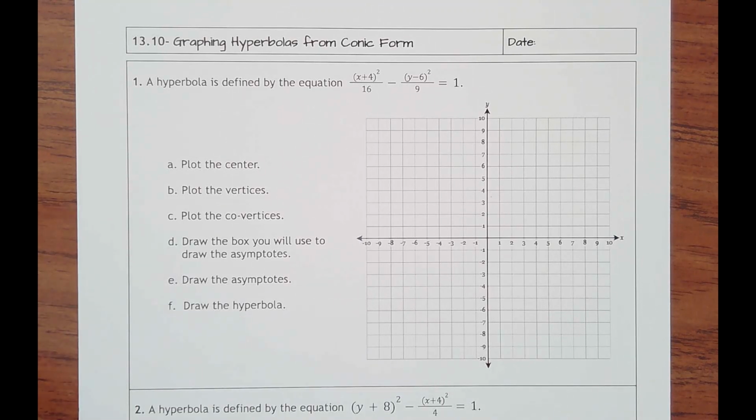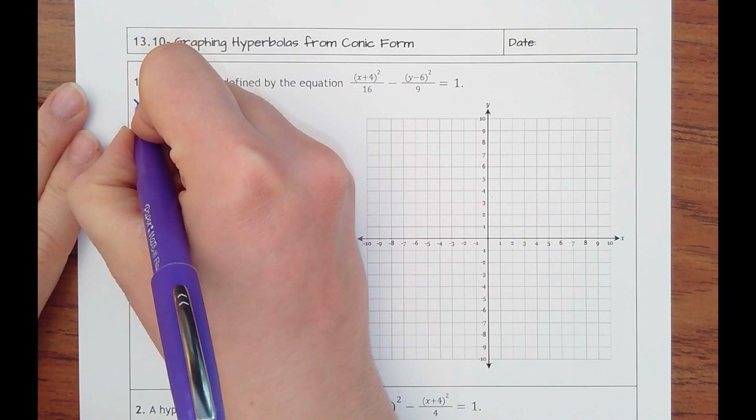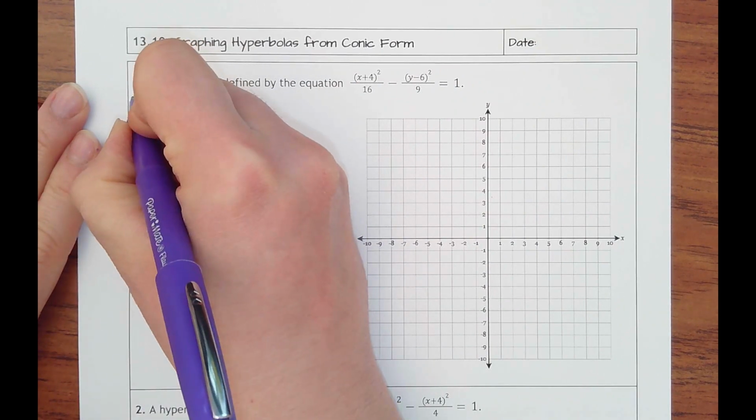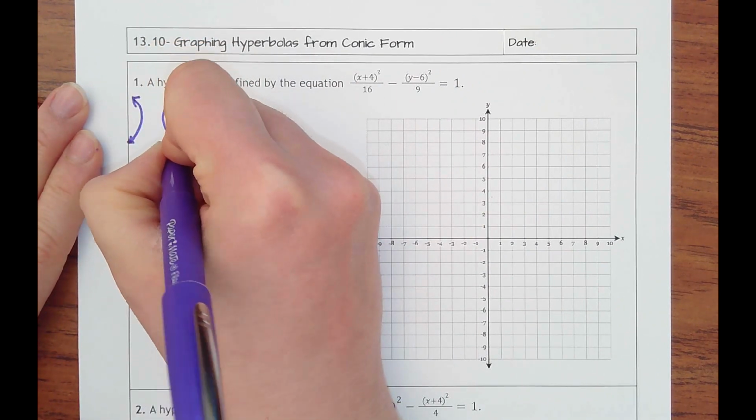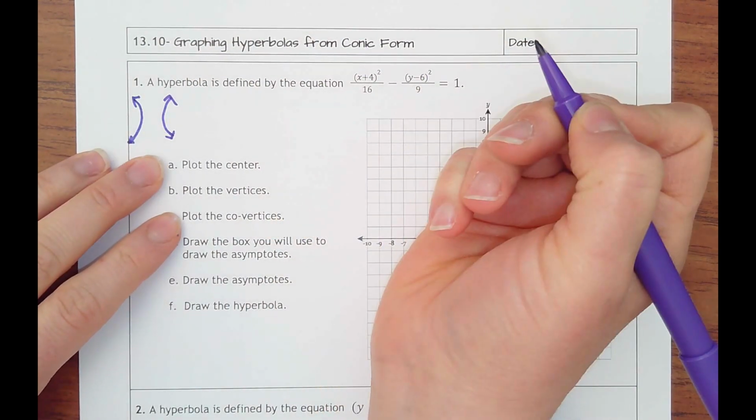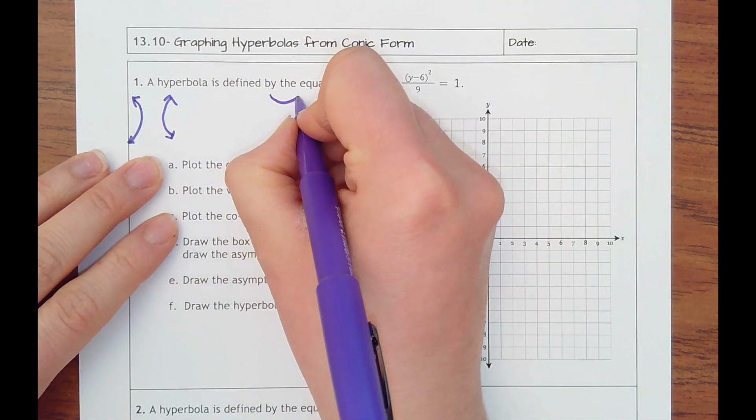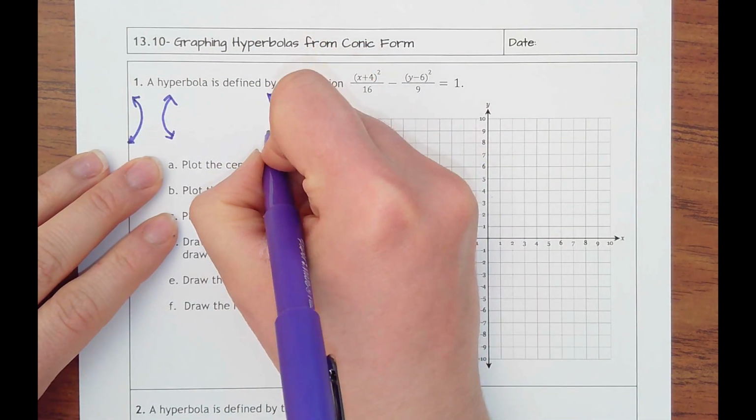Lesson 13.10 is graphing hyperbolas from conic form. This is our last type of conic. It is a hyperbola, which means that it's going to curve either, it's going to open left and right, so that is all one graph, or it's going to open up and down